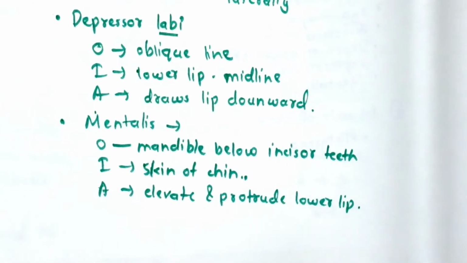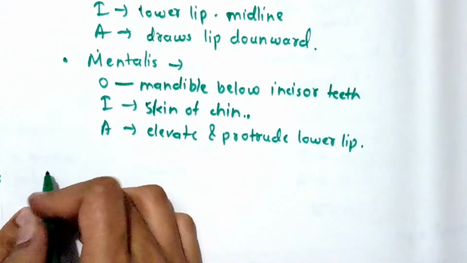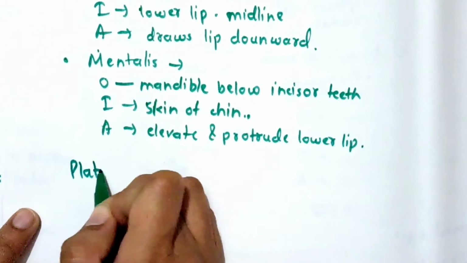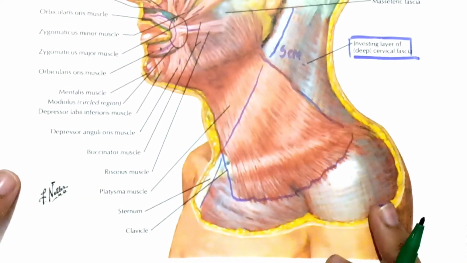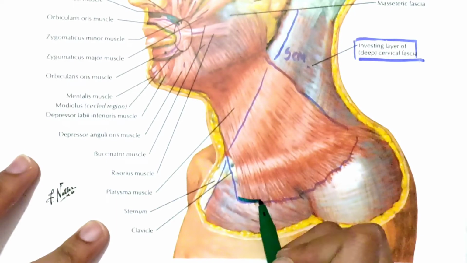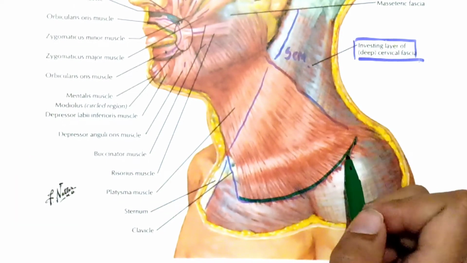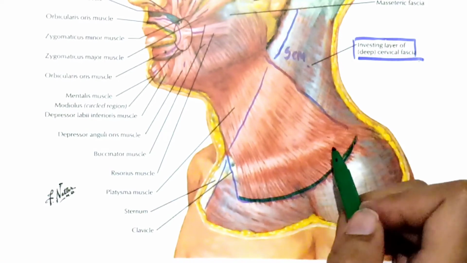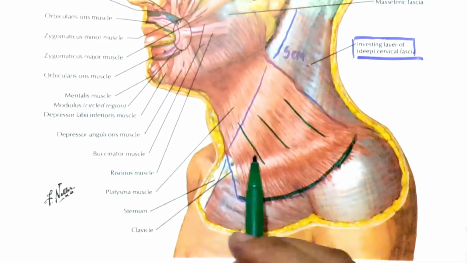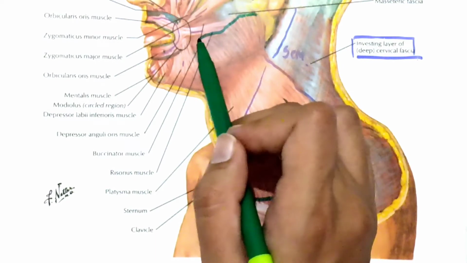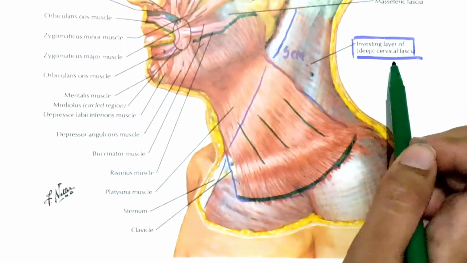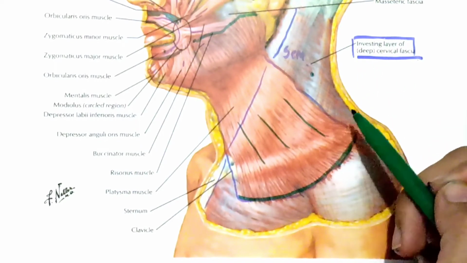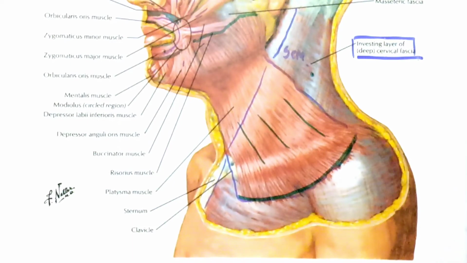so we have completed all the muscles around face. Let's see the platysma also. Platysma. So in this diagram you can see the platysma. So its origin will be from here, from the fascias of pectoral and deltoid muscles, and the fibers run upward like this, insert onto the mandible. Okay, so it is a superficial muscle. Below this muscle you can see there is deep cervical fascia. So this muscle is present over the deep fascia. Okay, so this is superficial.